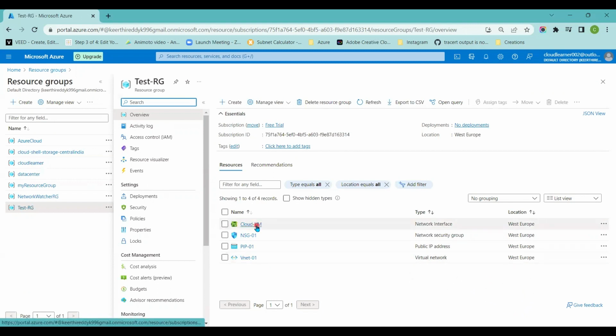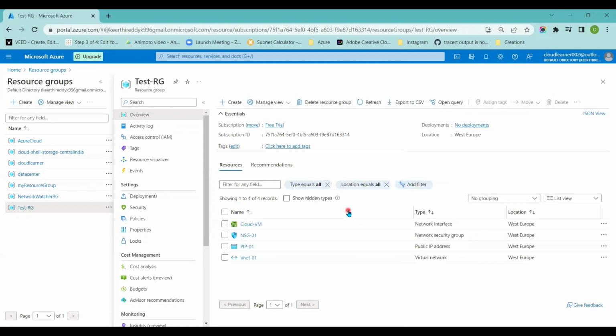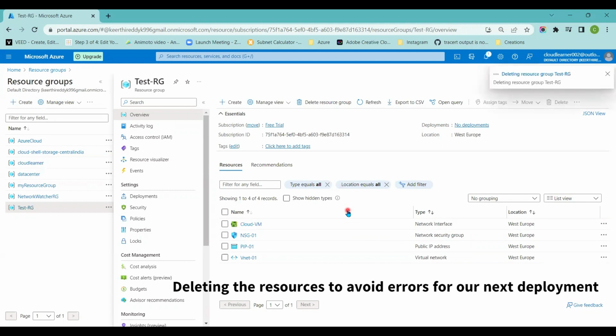So I'm going to delete this particular resources, including this resource group. I'm deleting the resource group entirely. Test-rg I'm selecting, and then I'm clicking on delete resource group. I'm pasting the resource group name and I clicked on delete. So this will initiate the deletion of the test resource group, also the resources that are residing in this particular resource